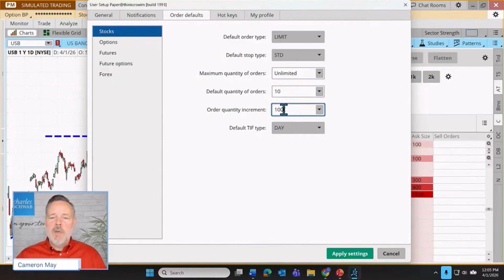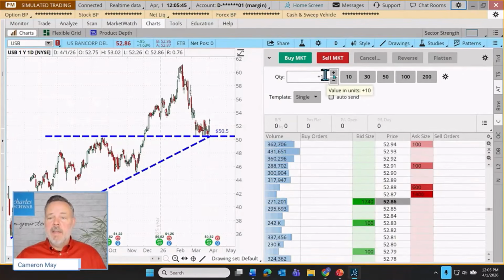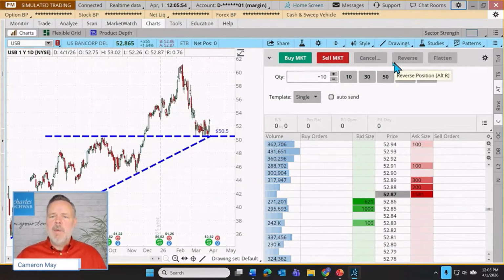And we could change the order increment. So the quantity increment going up from like 10 to 110. Maybe we go from 10 to 20, 30, 40, and so on. So if I apply those settings, you're going to see that has changed now this tool plus its increments here. All right. Now these increments are determined according to a multiplier that we'll also set. In any case, how about we just leave it right there? All right, let's leave it on 10.